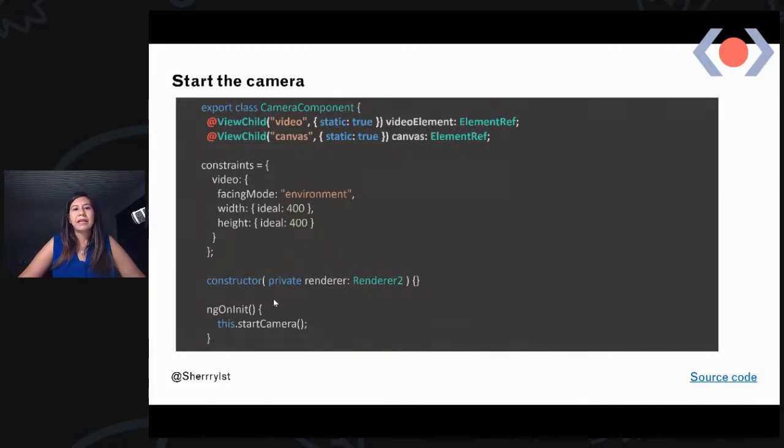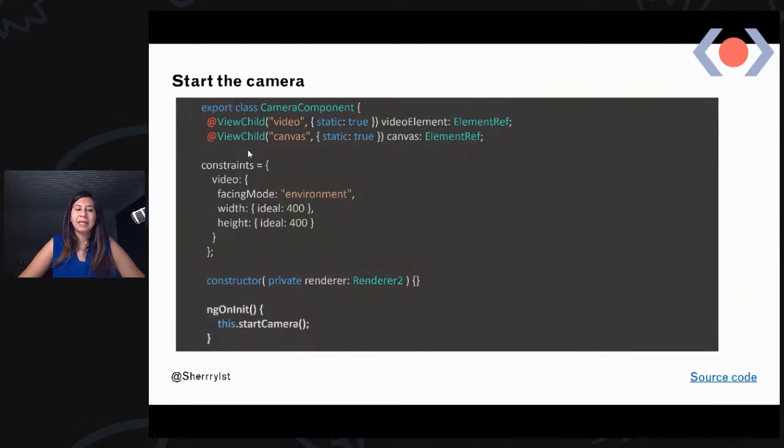Because I needed to have the element reference to the video and canvas, I used ViewChild in order to do that. And then I put some constraints here for my camera, how it's supposed to be. And I'm using the Renderer2 function for plugging into the video component. I will show you later on how I use it.